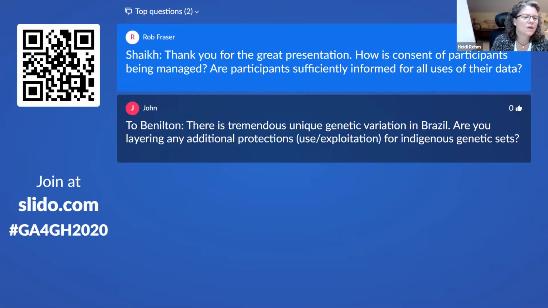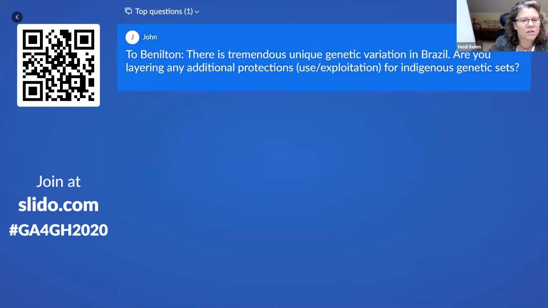Right. Okay. And then to Benilton, there is tremendous unique genetic variation in Brazil. Are you layering any additional protections against exploitation for indigenous genetic sets? All right, John, this is a very interesting question, and indigenous data here is extremely complicated for us to get.